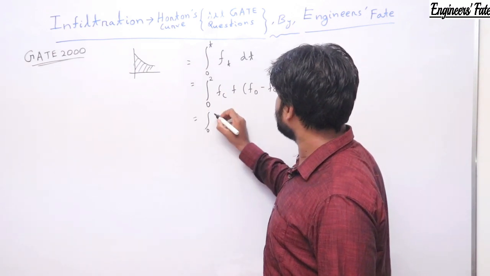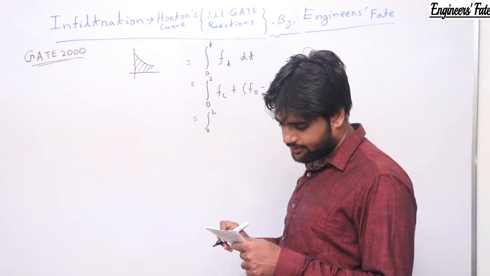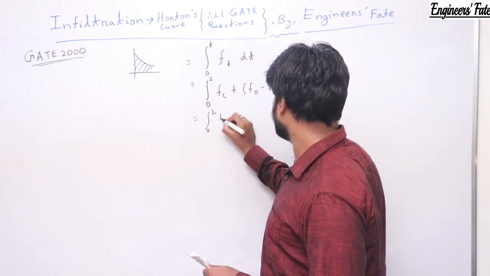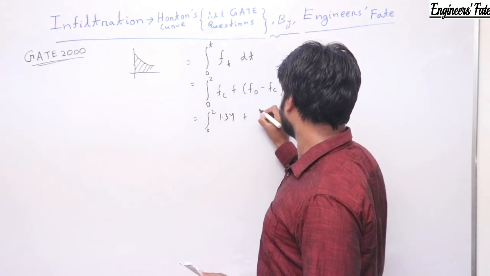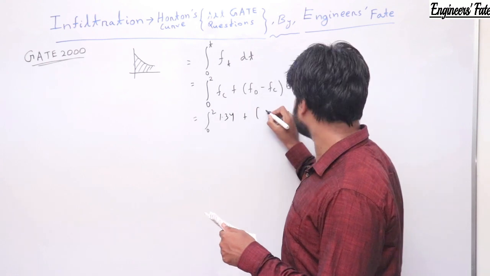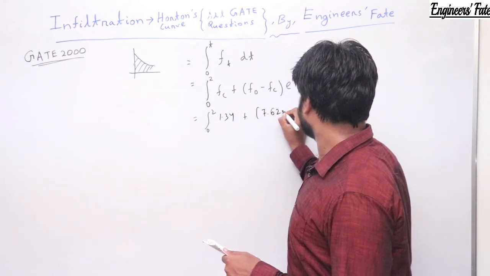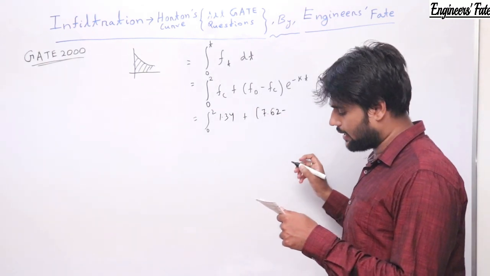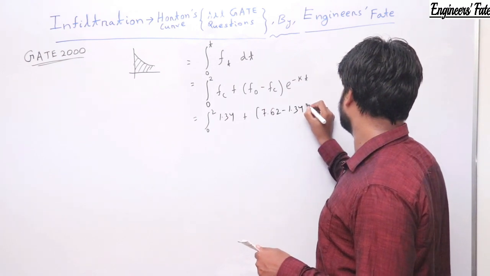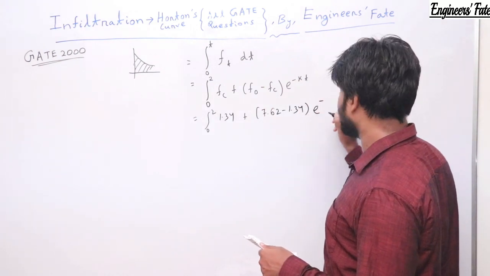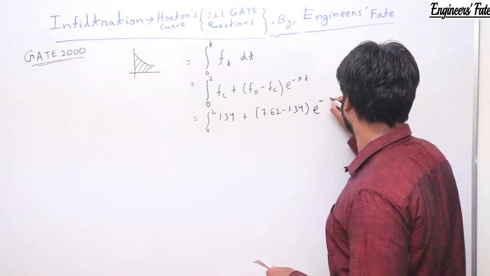And he has given the values: fc he has given 1.34, f0 he has given as 7.62 minus fc, which is again 1.34, into e to the power minus k value he has given as 4.182